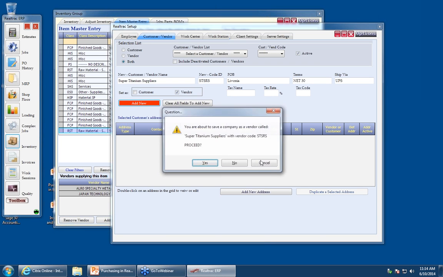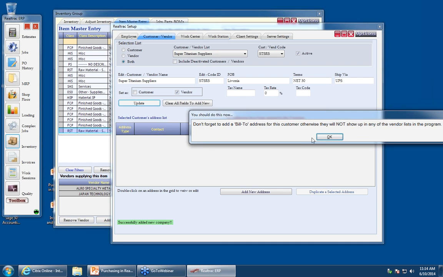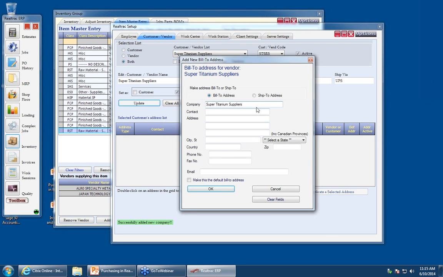Great. All right, we'll just quickly touch upon, I'll add another vendor here really quick. The only reason I'm doing this is just because we need to have our vendors identified and created in the system before we can cut a PO for them. So I'll just pop over there really quick. Within the toolbox, we go into the system setup. And again, this is another